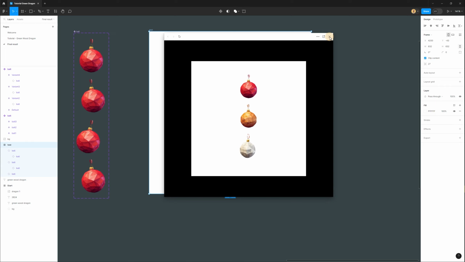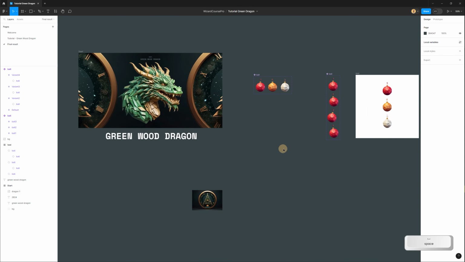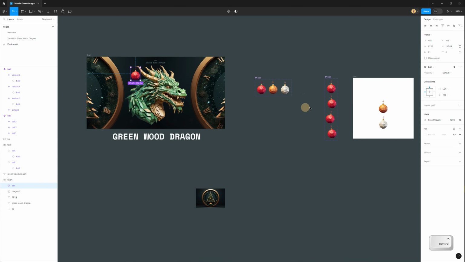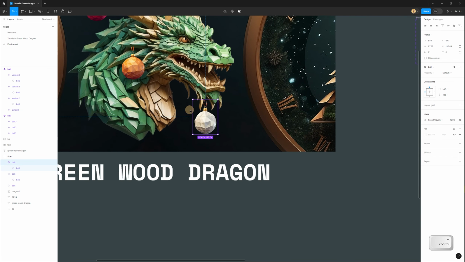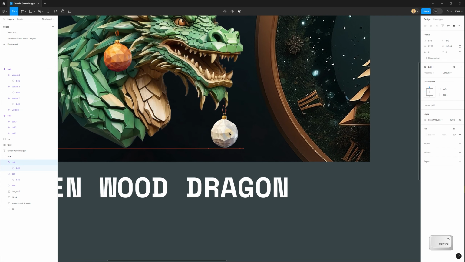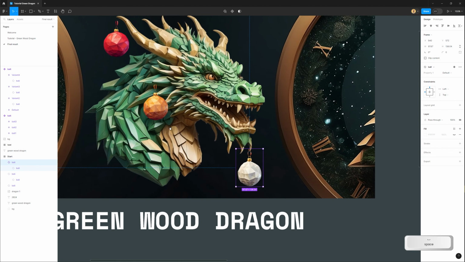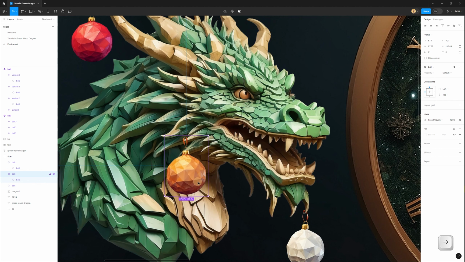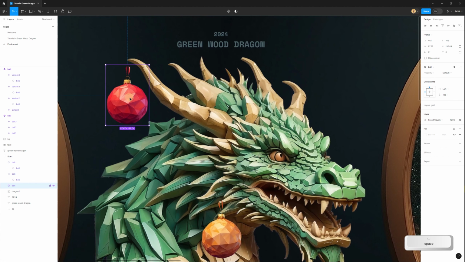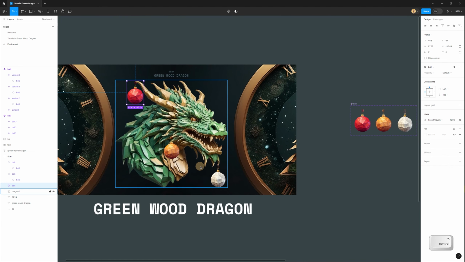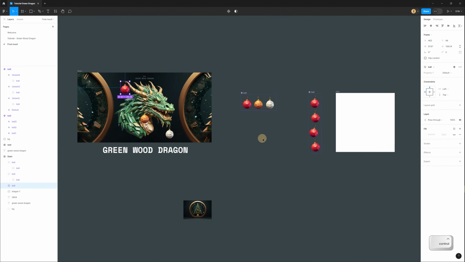And after that I can place these components into my frame. So just move these components with balls onto this image with a dragon. And I will place them in position, maybe right here, this one right here, and the red ball maybe right here. Now the balls look very big and I need to change